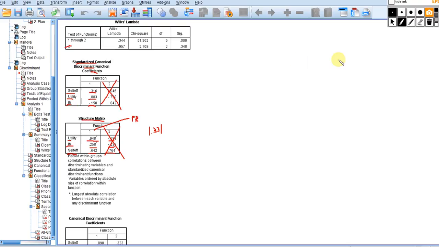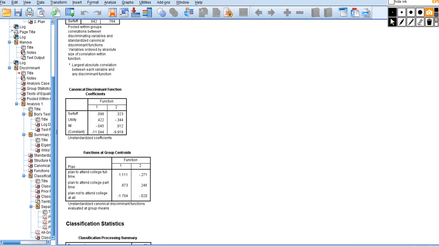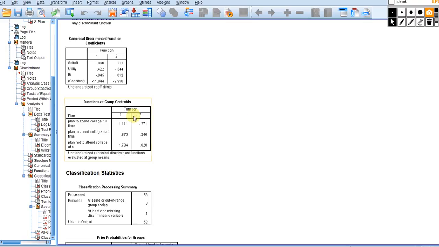So at any rate, now we can scroll down a little bit. You'll notice that we've got canonical discriminant function coefficients, and one of the things to note is that basically these coefficients right here are used to produce discriminant scores for our functions. So this is very much analogous to the creation of factor scores in factor analysis. So basically,